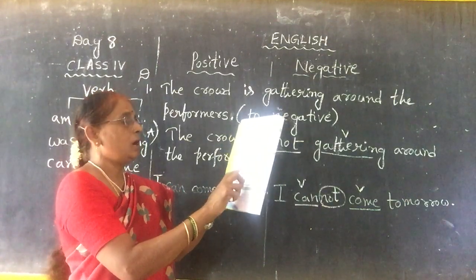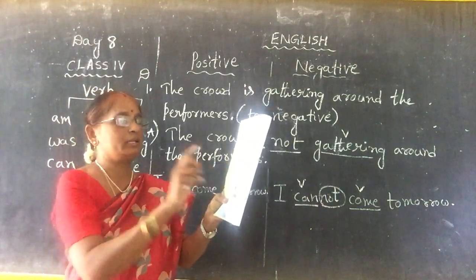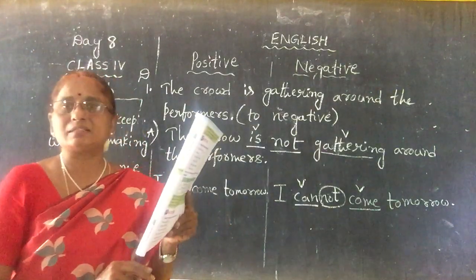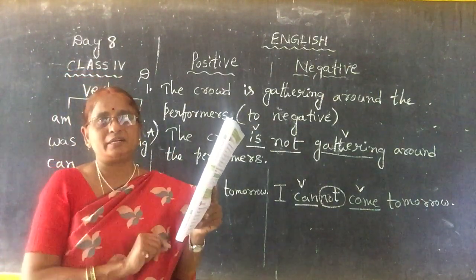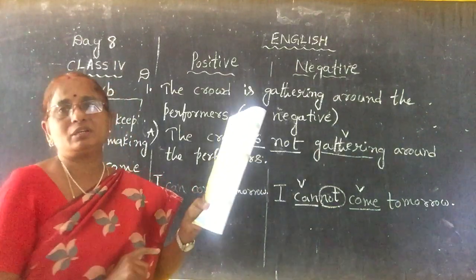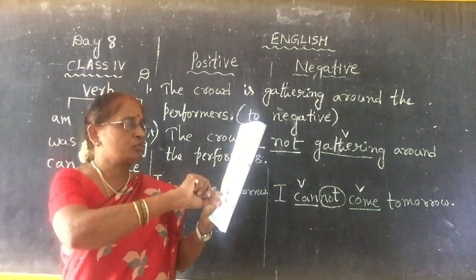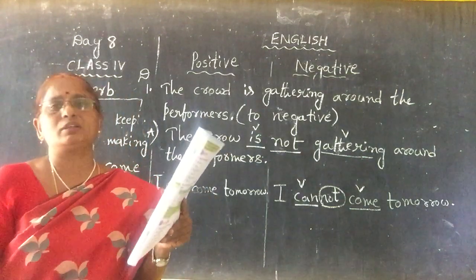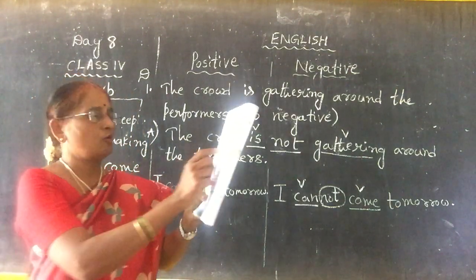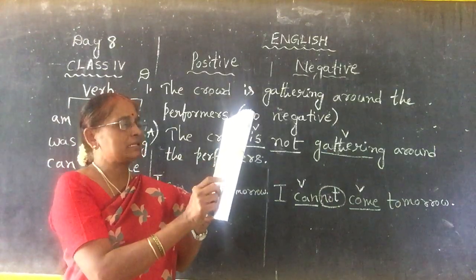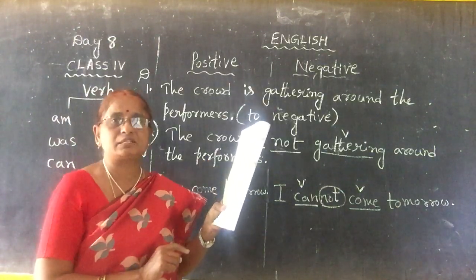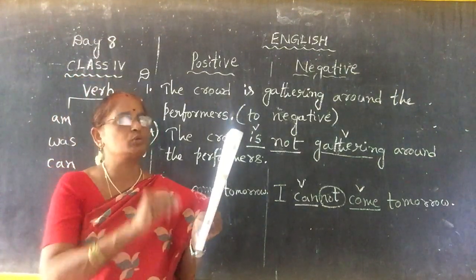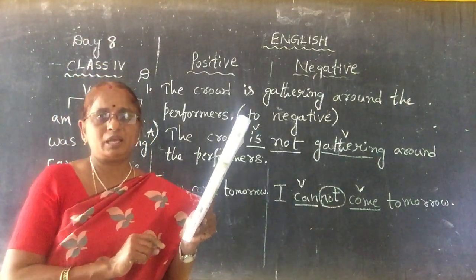Second one, see: I am not writing a letter to my grandfather. Don't look at the bracket word. You tell me, what sentence is this? This is a negative sentence. Why? Because not, a negative form, is there. So how to change it into a positive sentence? Very easy: I am writing a letter to my grandfather. That's all. Okay? You have to do these sentences 1 to 5 of Exercise D of page number 16 in your English homework book. In the previous class I told you how to send me the homework. Okay? Right.